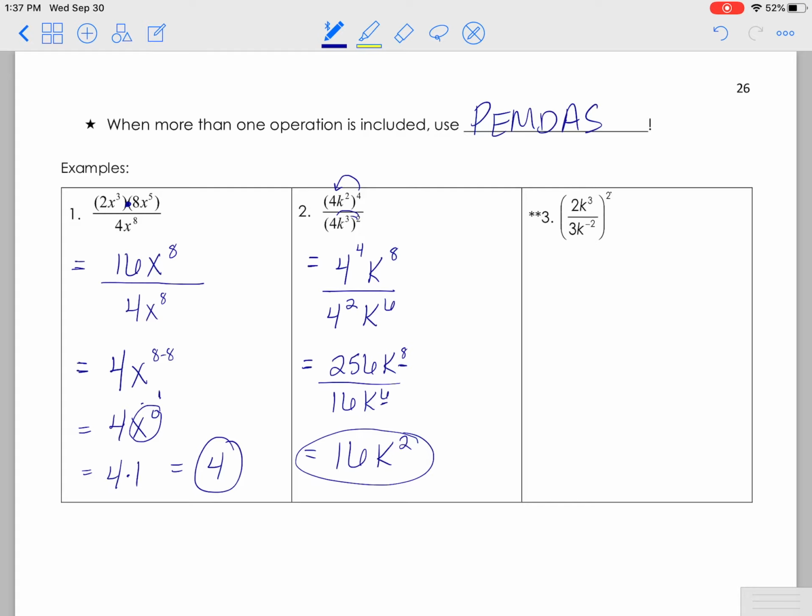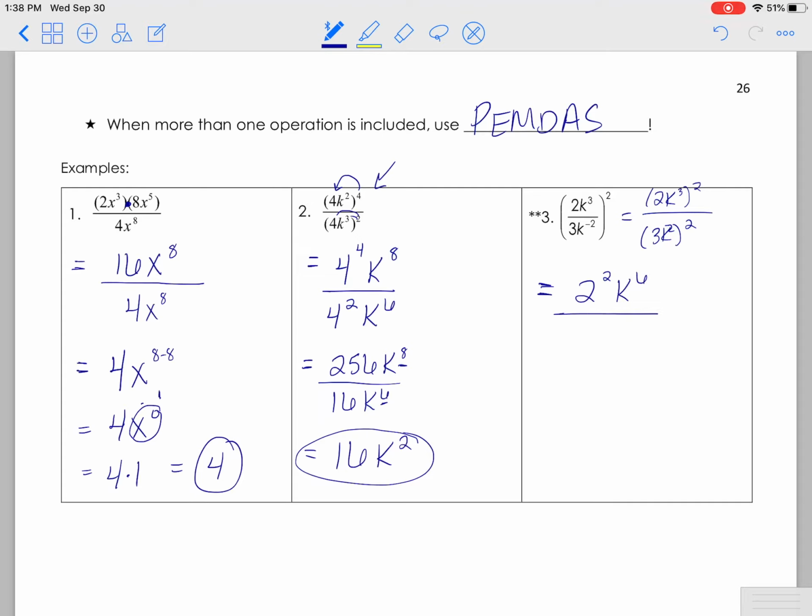So the whole point here is that I have a power rule when I have a fraction. That power rule is not just being applied to the top like it was over here. It's now being applied to this entire fraction. So you almost want to think of it as that 2 to the negative 2. It's kind of written that way. Okay? So when I multiply this out, I'm going to get 2 squared